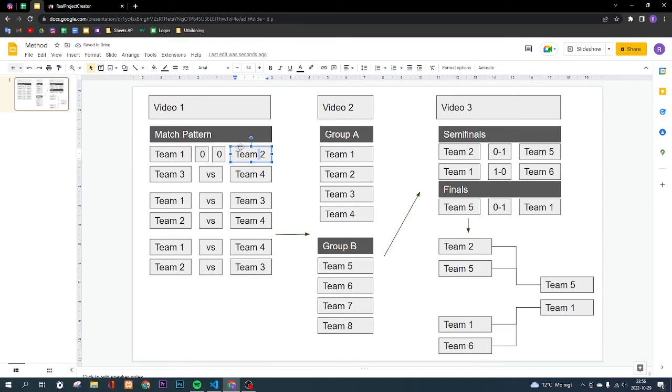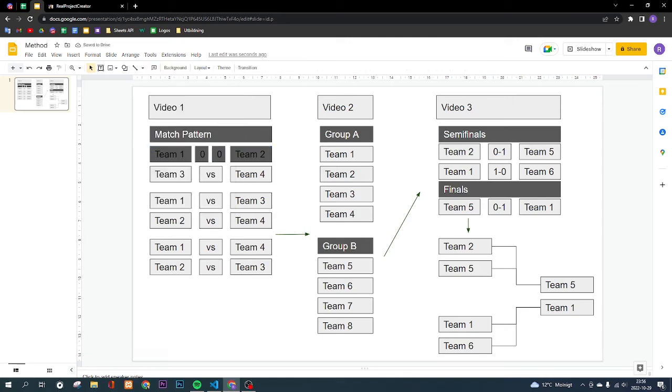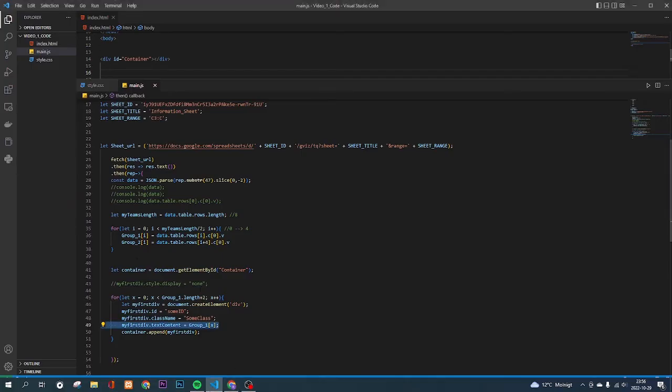Alright, so we're making this right now. The divs for it. And let's just mark it like this, something. Alright, so we need 4 divs to make this. And how do you create a div? You just create it. We can keep the container, but this stuff we can delete. So we're gonna create this, which is gonna be called home team. Then we're gonna have an away team, and between them we're gonna have home team